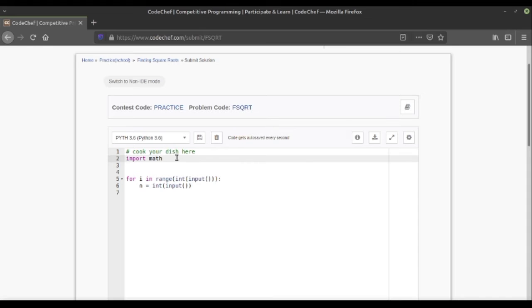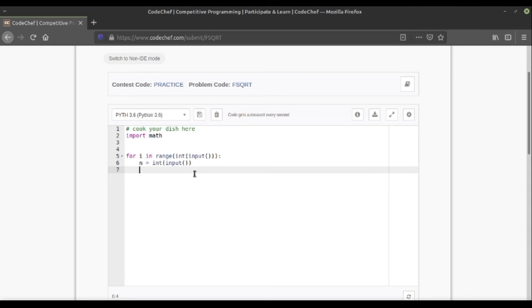So import math, and after that math.sqrt is the function to find the square root. So math.sqrt(n) finds the square root of n. Let's store this in a value as answer, so answer equal to math.sqrt(n).